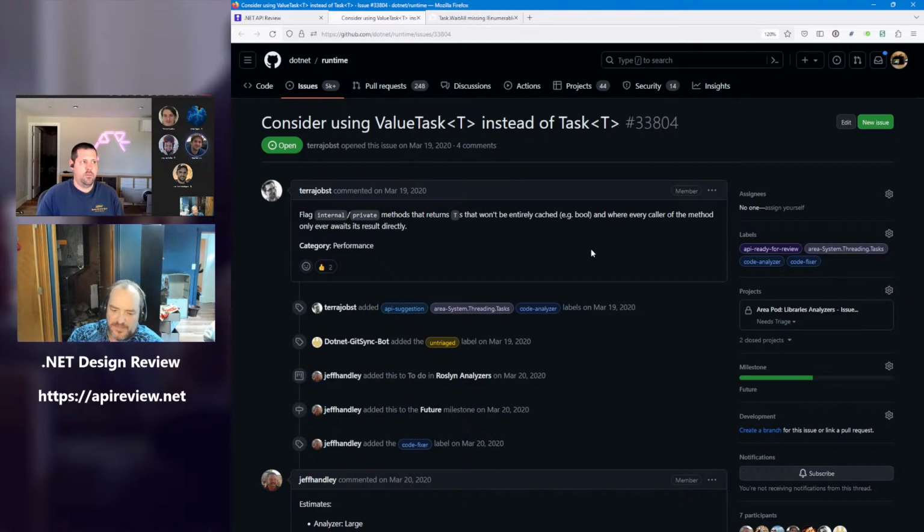So, I mean, this is the kind of thing that we will often do manually. Anytime we look at a new library and we're trying to improve it, we'll look for task-based APIs where the only consumers are just awaiting, and there's a value being returned. We'll change them to be ValueTask. I think it's valuable enough to do, but it would be one of our more expensive analyzers.